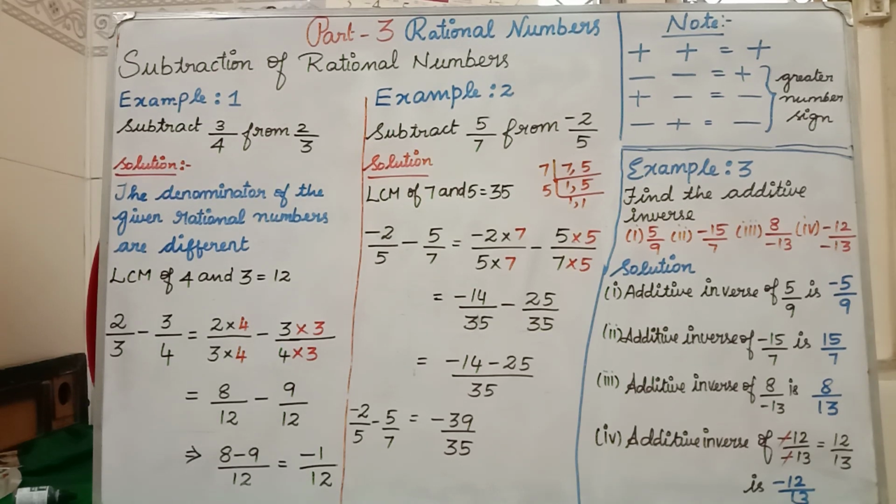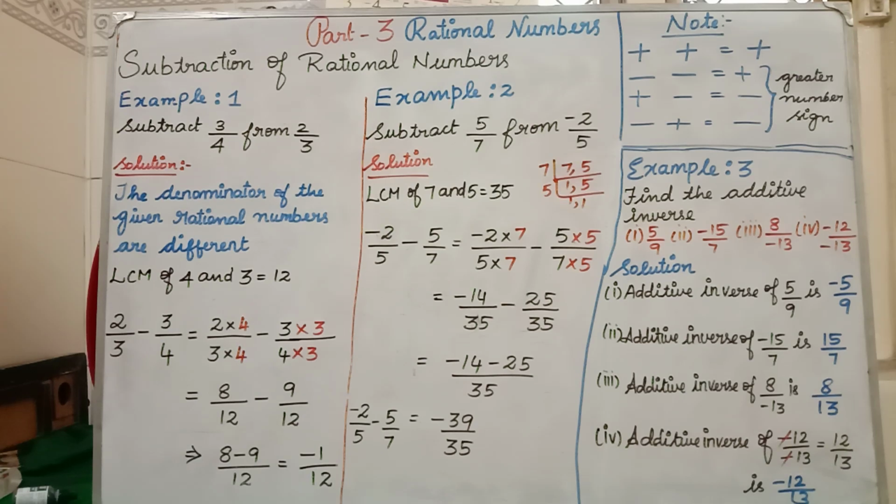12 by 13. To make you confused, they have given the question like this. Clear? Actually the question is 12 by 13 only. To make you confused, they have given both numerator and denominator as minus. So our question is 12 by 13. Now you have to convert that into its additive inverse. What is your answer?